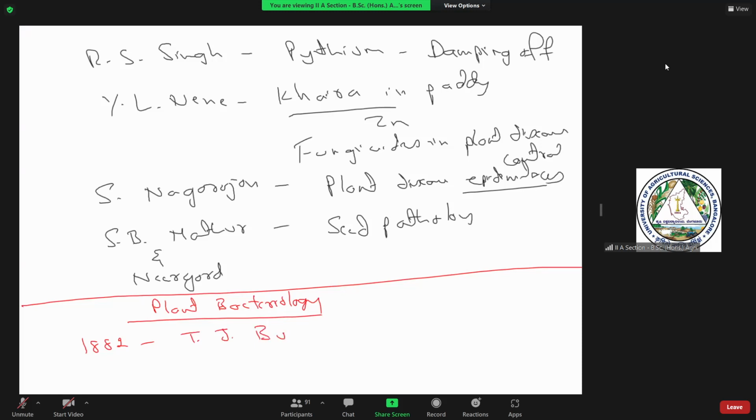Burrill, an American plant pathologist, was the first person to show that the disease called fire blight of apple and pear was caused by a bacterium. However, he could not prove it with experimentation. It was proved by